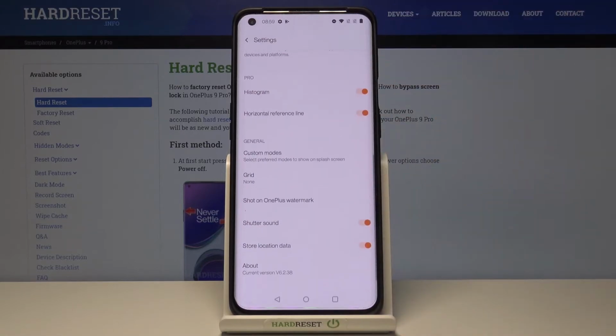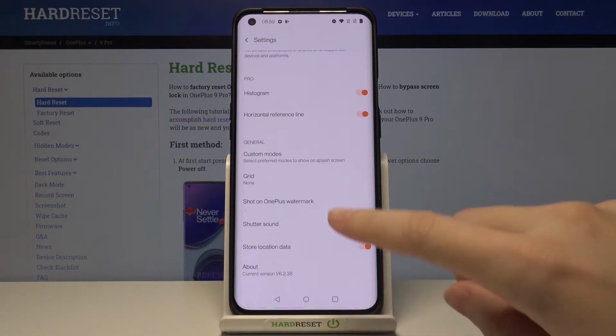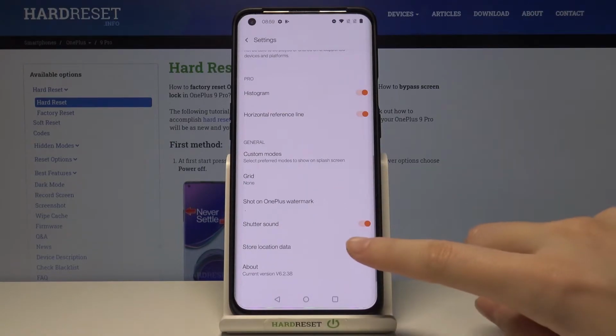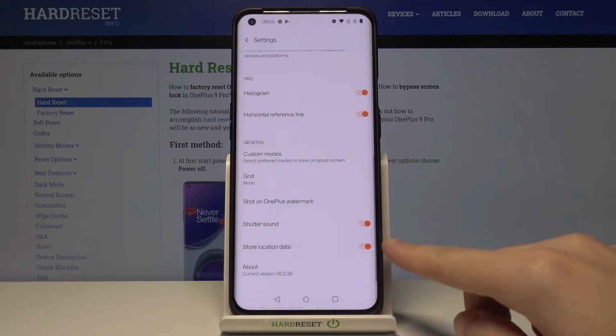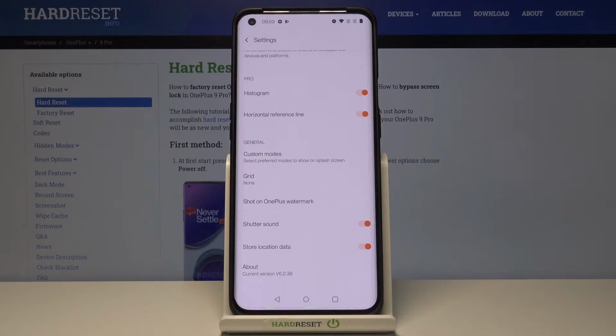Let's slide a little bit down to the general category. And here we have store location data option. By using this button from the right we can turn it off and turn it on like that as we need. This option allows us to save the information about the place where we take a picture in the details